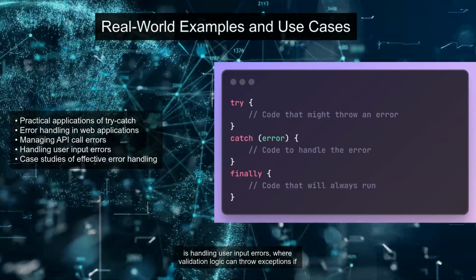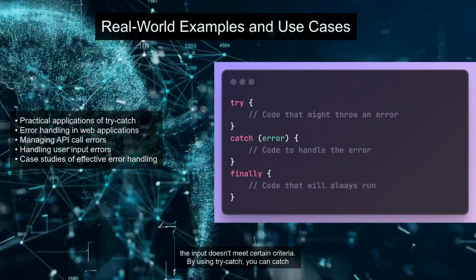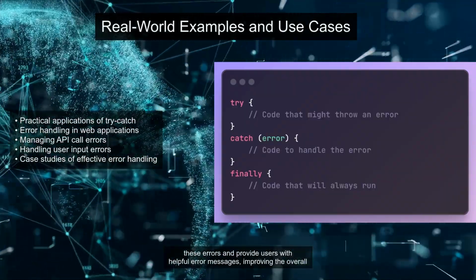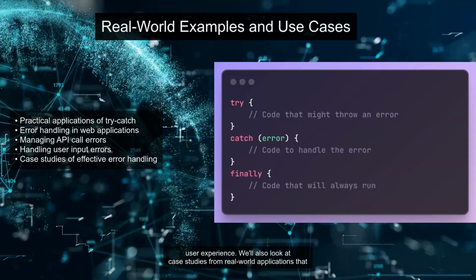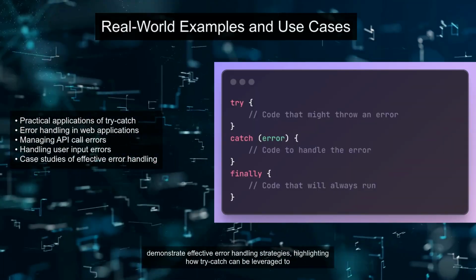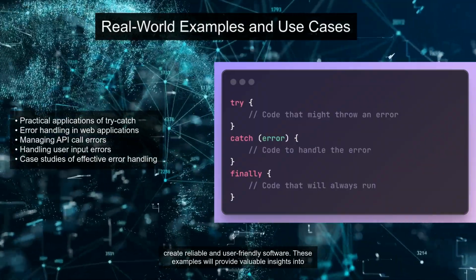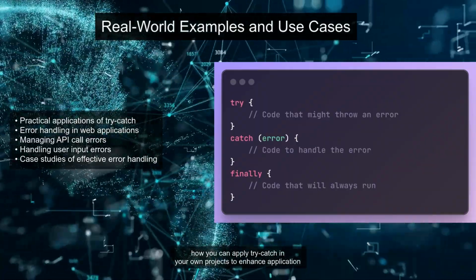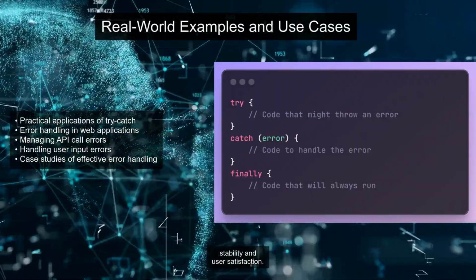Another common use case is handling user input errors, where validation logic can throw exceptions if the input doesn't meet certain criteria. By using try-catch, you can catch these errors and provide users with helpful error messages, improving the overall user experience. We'll also look at case studies from real-world applications that demonstrate effective error handling strategies, highlighting how try-catch can be leveraged to create reliable and user-friendly software. These examples will provide valuable insights into how you can apply try-catch in your own projects to enhance application stability